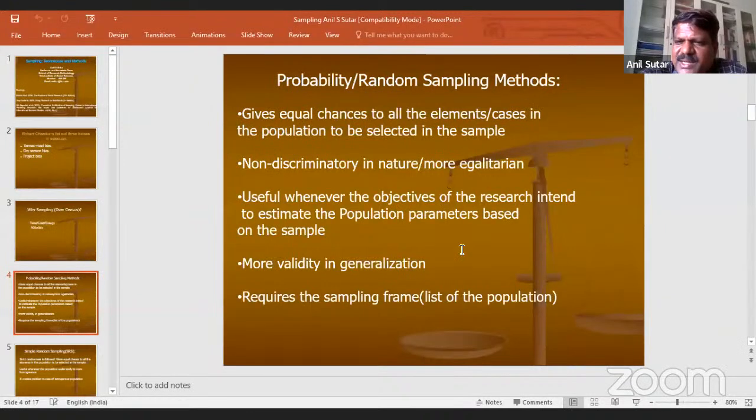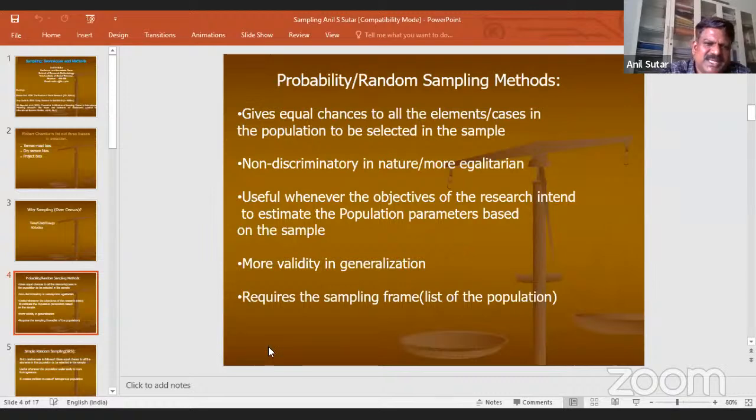Then based on that, you generalize to the overall population. When your research involves such estimation of population parameters, then random sampling is very crucial. You are not supposed to attempt to estimate population parameters by following purposive, non-random sampling methods. That will be a very serious issue.